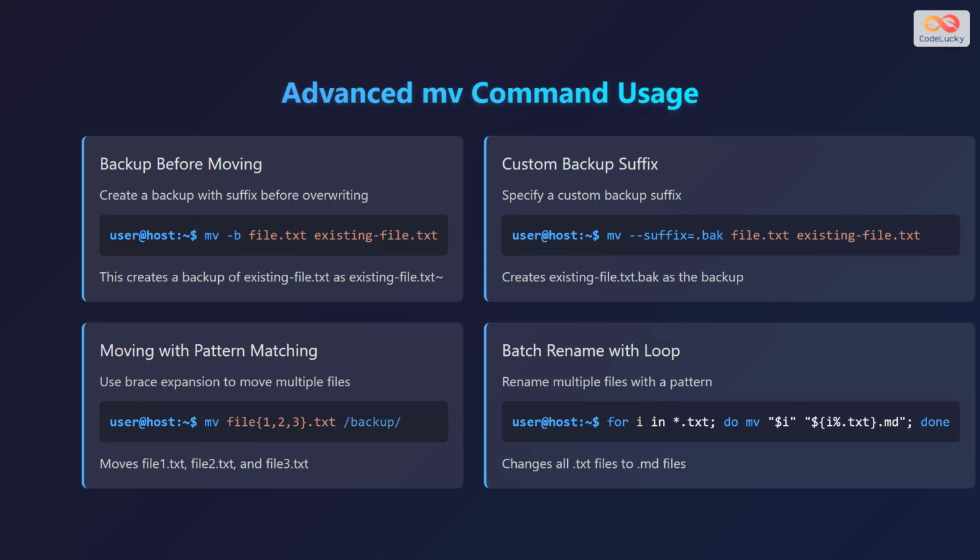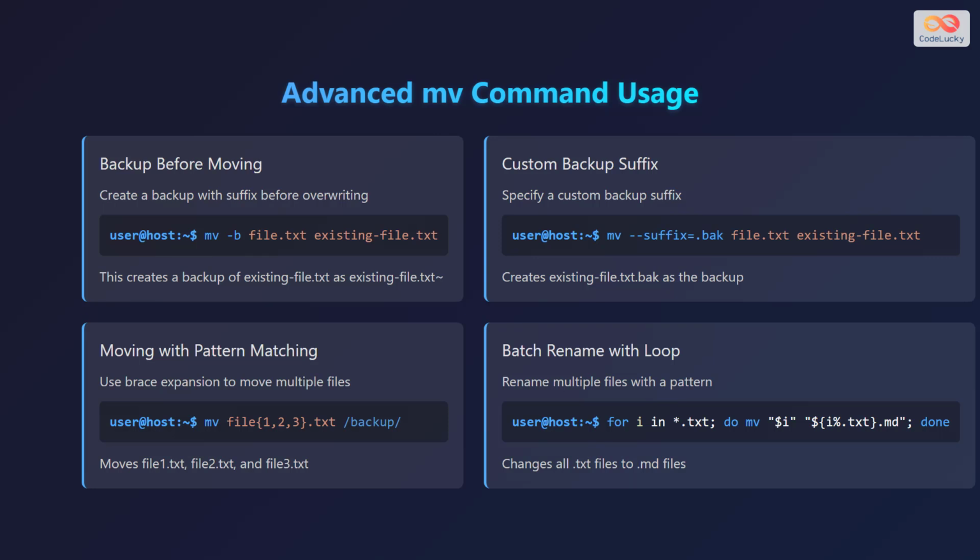For example, mv -b file.txt existingfile.txt creates a backup of existingfile.txt as existingfile.txt~. To specify a custom backup suffix, use the --suffix option followed by the desired suffix. For example, mv --suffix=.bak file.txt existingfile.txt creates